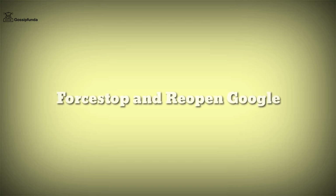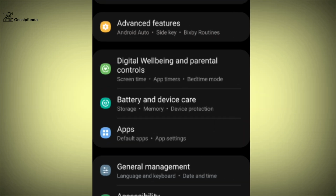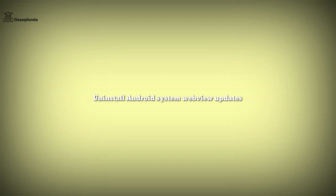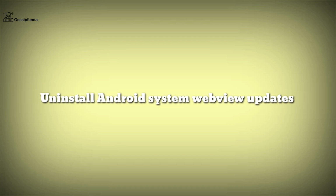The next way is to force stop the Google app and relaunch it again. To do this, open settings, go to apps, go to Google, and here you will get an option of force stop. The next way is to uninstall the Android System WebView updates, because sometimes it might be responsible for various